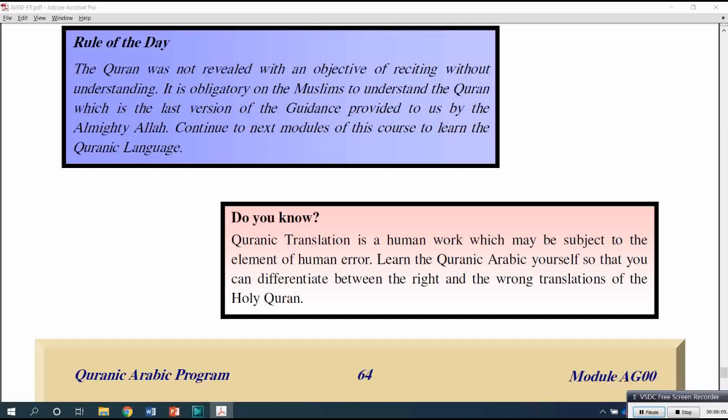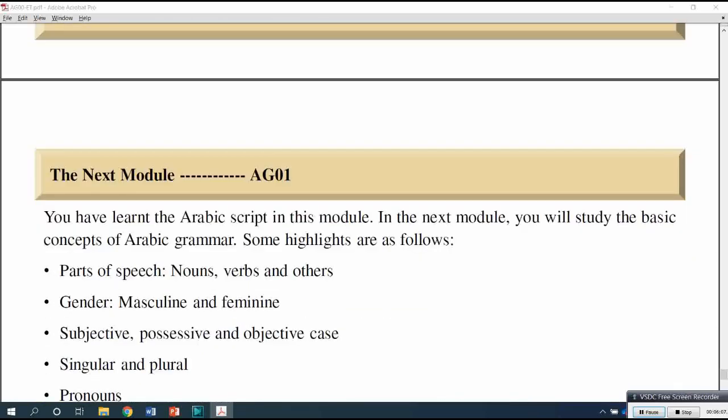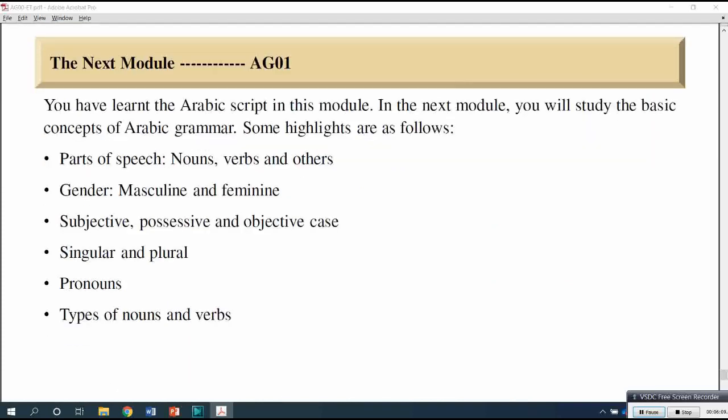So inshallah, in the next lecture, we will start the second book, which is called AG011. This will be basically the Arabic script, which you have finished today. In the next module, you will study the basic concepts of Arabic grammar. Some highlights are, for example, parts of speech, like nouns, verbs, etc., how they work in Arabic, gender,